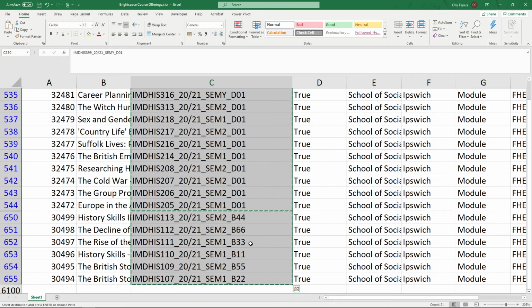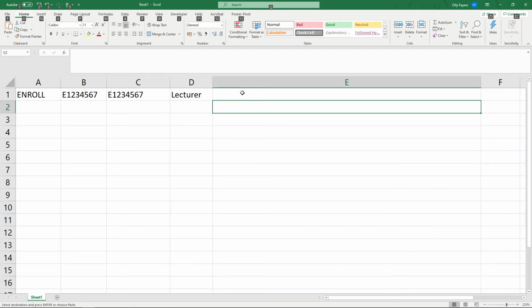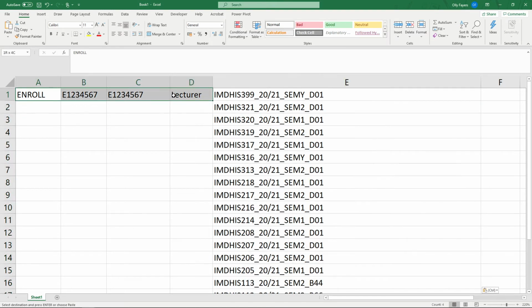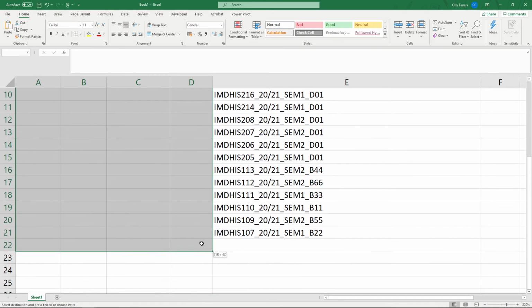Then we go back into the spreadsheet from before and copy those in. And this is where we can just duplicate that part of the first row for every code, like so.